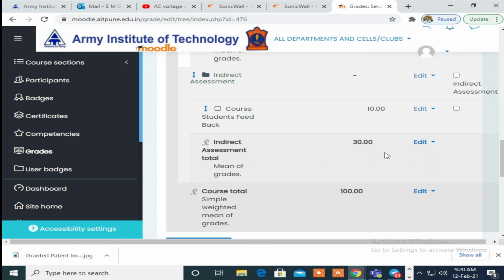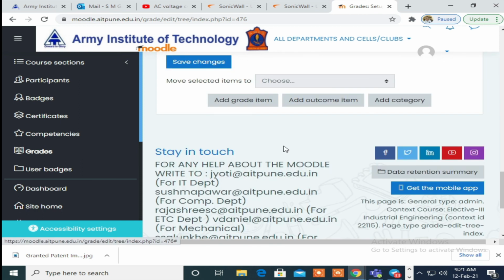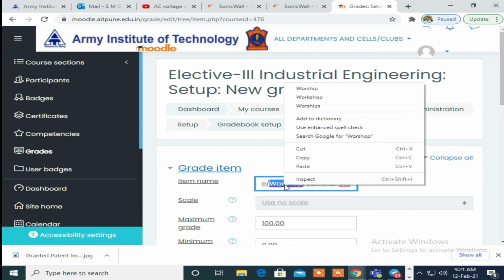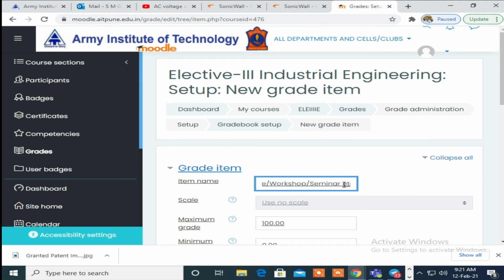So again I will add one more point, which is nothing but the feedback of guest lecture, workshop, and training for that particular course. If you are going to arrange a guest lecture for industrial engineering, workshop for industrial engineering, or training for workshop engineering, then you can add this item as a grade item under the indirect assessment.